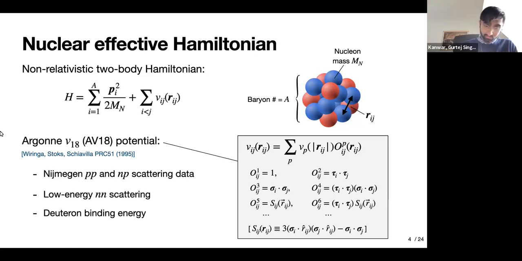Of course, there are known problems with such a potential. It is not going to describe all sorts of nuclear structure and properties with 100% fidelity, but it provides a good starting point for understanding things like binding energies and response functions to any sort of external probe, for example, interaction with an electron or a neutrino. And of course, these potentials can be improved without really changing the structure of the method I'm about to talk about. So this provides a nice example to keep in mind for what we might apply any sort